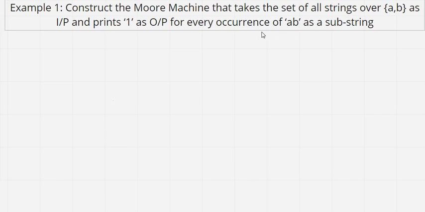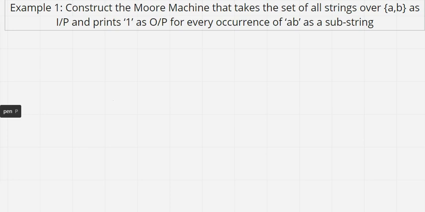Now suppose I do a finite automata or DFA. What we do generally, for every occurrence of ab, the state where ab will reach, that state we consider as a final state. But in place of a final state, what you have to mention is 1 as the output. That's it, as simple as a DFA. So how to construct that, I will let you know.